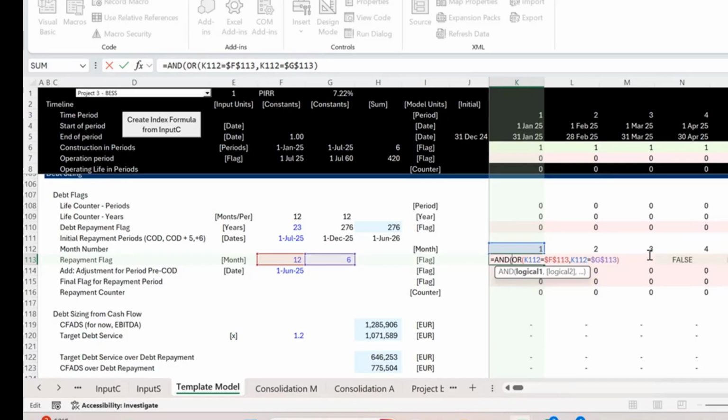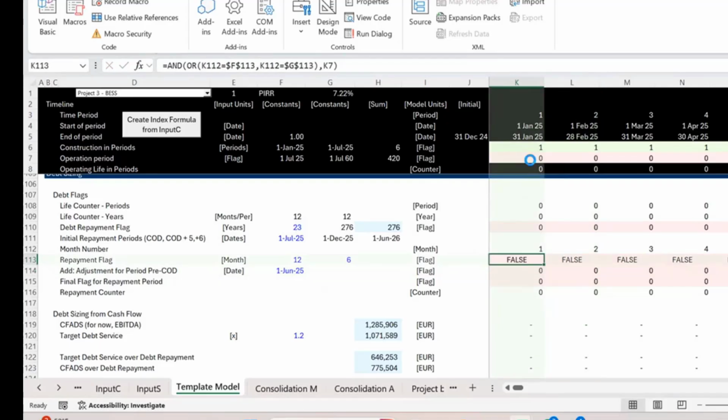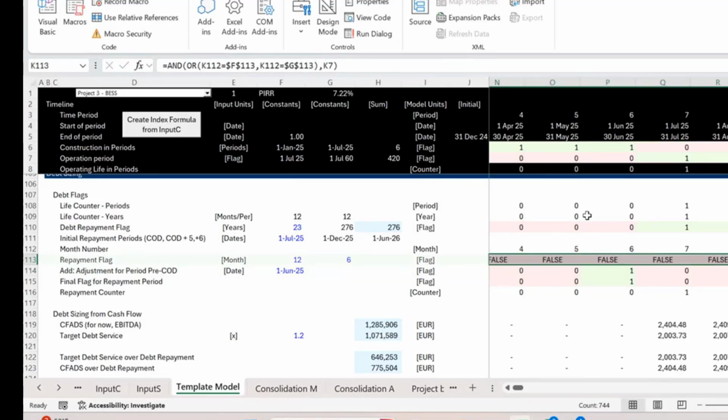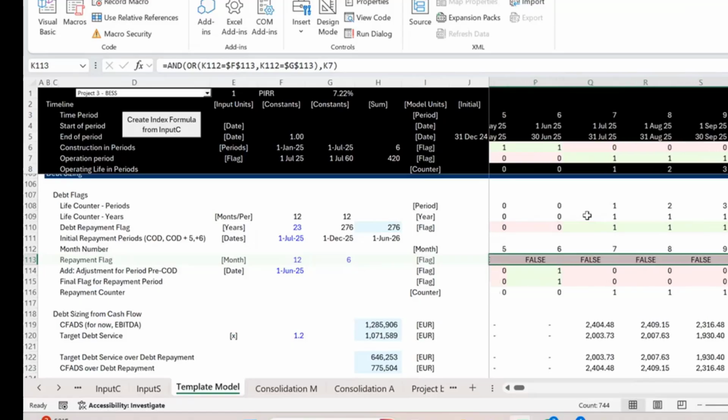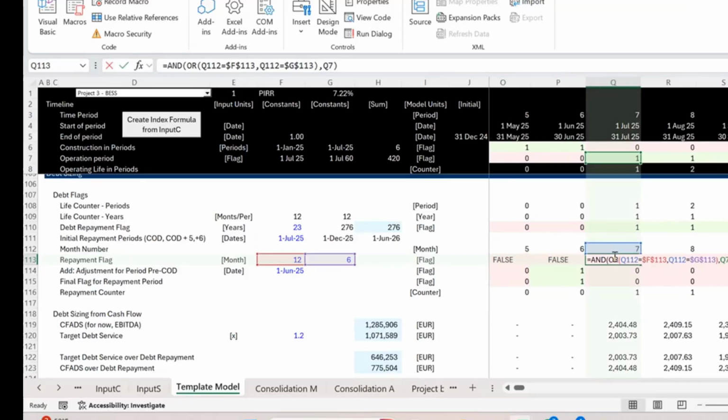Okay, and then go up to the operation period in line 7. Now, this is another thing. I think you need... oh, you can do it like that. Very good. Press enter. That works just fine. Okay. And then you copy that across. And when you do that, just a minute, if you go forward,